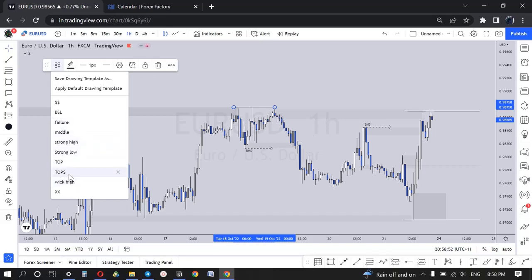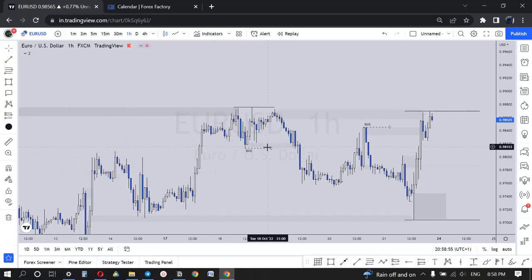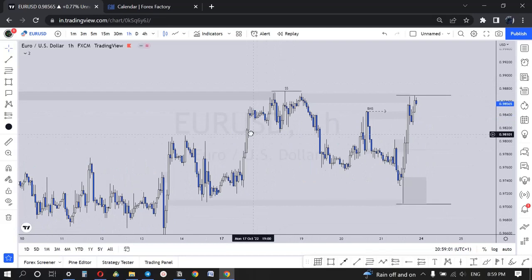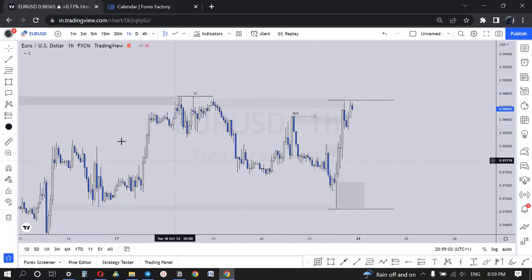So let's keep it like this. We have some liquidity. Let me delete this. Especially, there is high probability that this high will be taken out as well, because there was an inducement here. We had a sweep of liquidity here. We had a sweep of liquidity. This will actually make more sense on